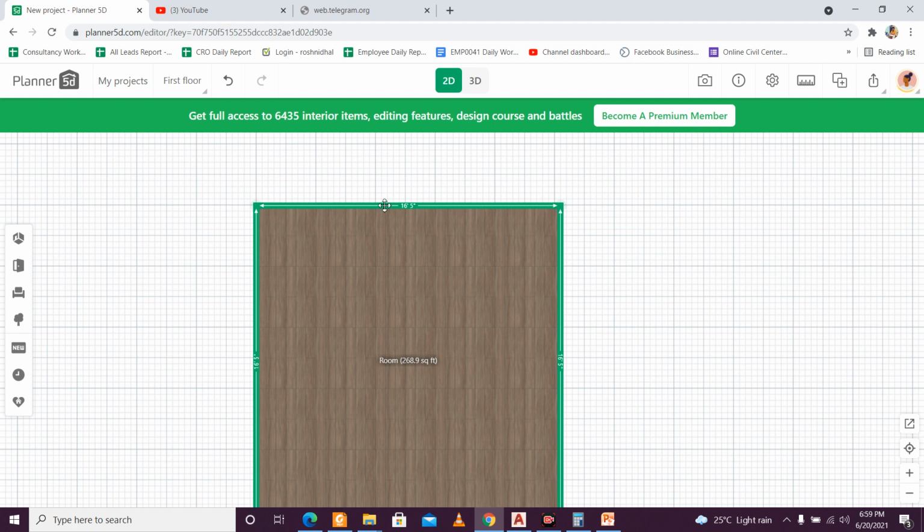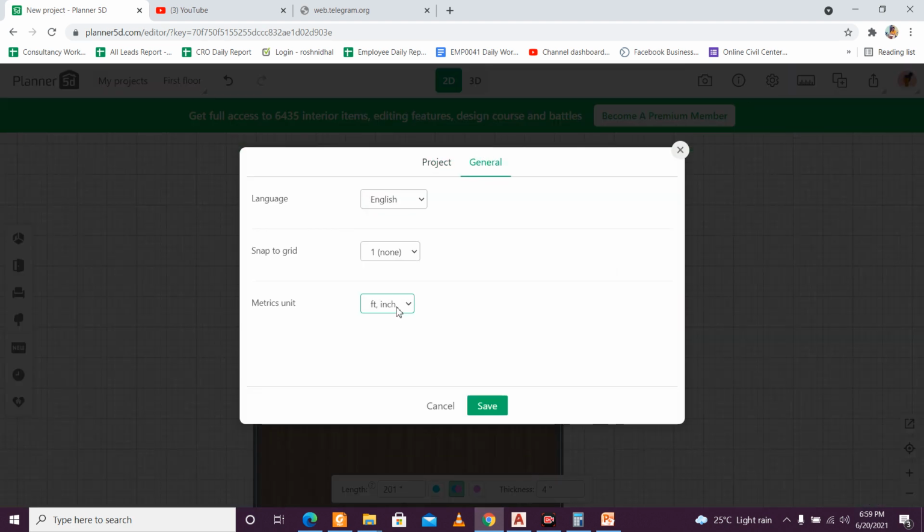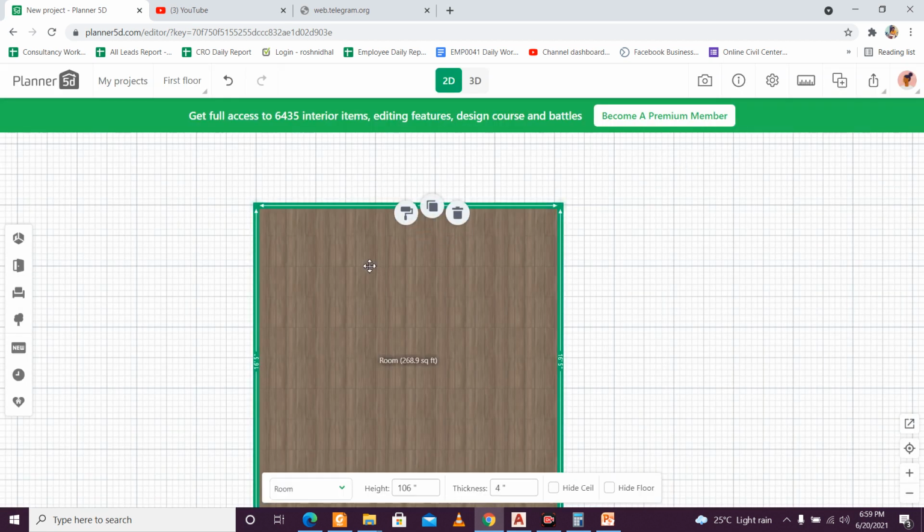So first of all, I want to define some 10-inch walls here, so I'll go and select this, and after selecting this option, as you can see, all these values are taken in inches, and the wall thickness is also in inches. If this is not coming in inches and feet, you can go here and go to general, and then you can set this from meter to centimeter to feet to inches. So you do that first, and after that everything will be easier for you.